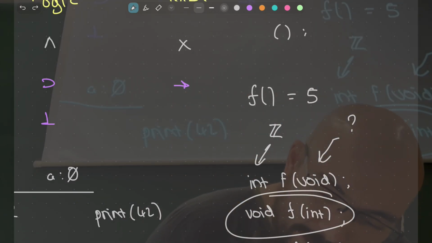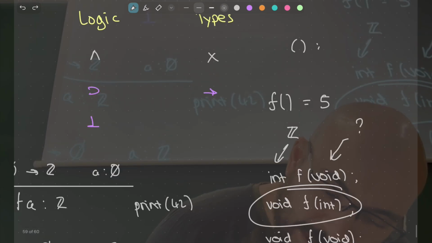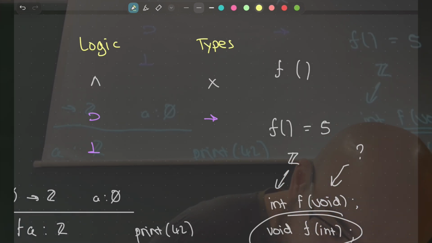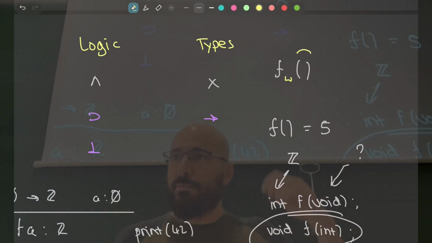If we write it like that, we start to appreciate that what Lazarus said makes more and more sense. I have f, and I'm applying it to something. This is function application, and this is just its input. So I need a type. What's the whole deal with functions from type void?